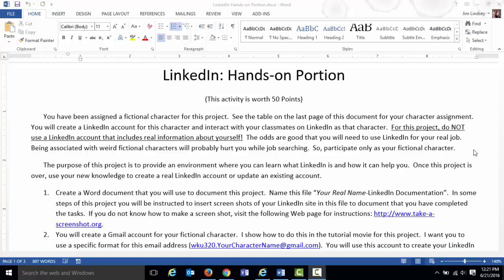So in the hands-on portion, you actually create an account for yourself. Not actually for yourself. You create an account for a fictitious person, and then you pretend to be that person in LinkedIn. I will show you at the end. There's a table at the end of this document, at the instructions here. That's my dog. That lists your real name, and then a character's name, which I just made up, and a job, which I made up, and a location, which I made up,